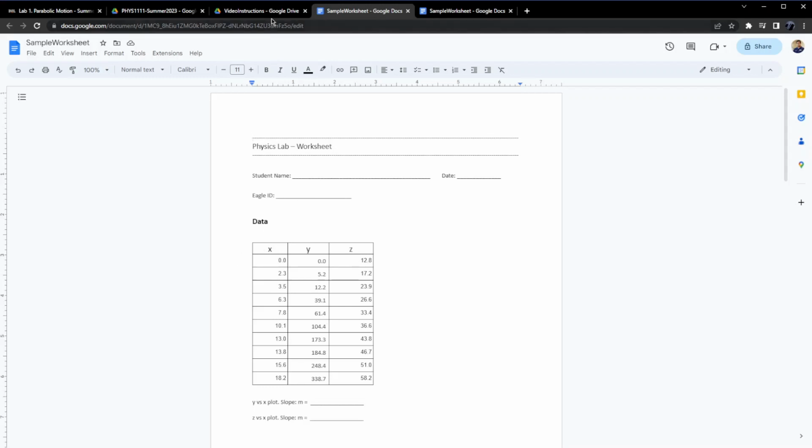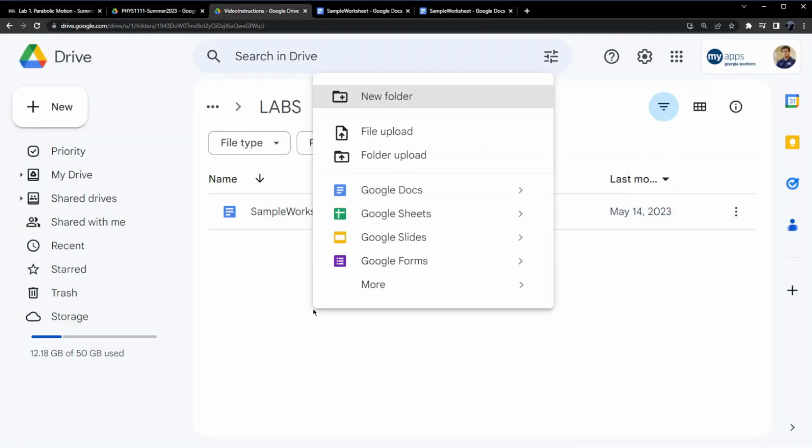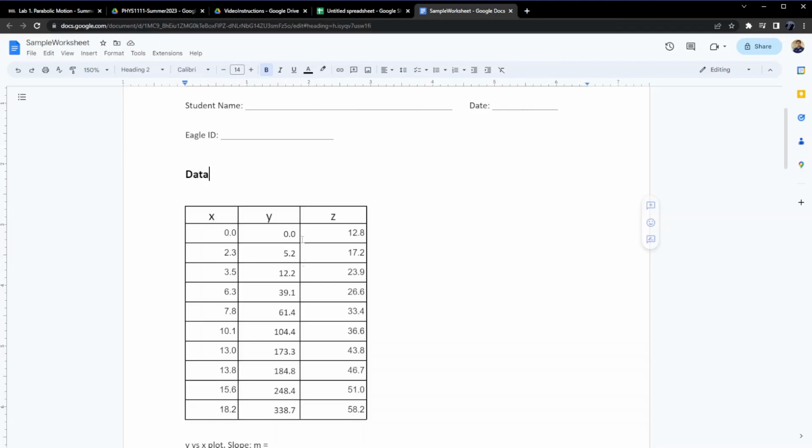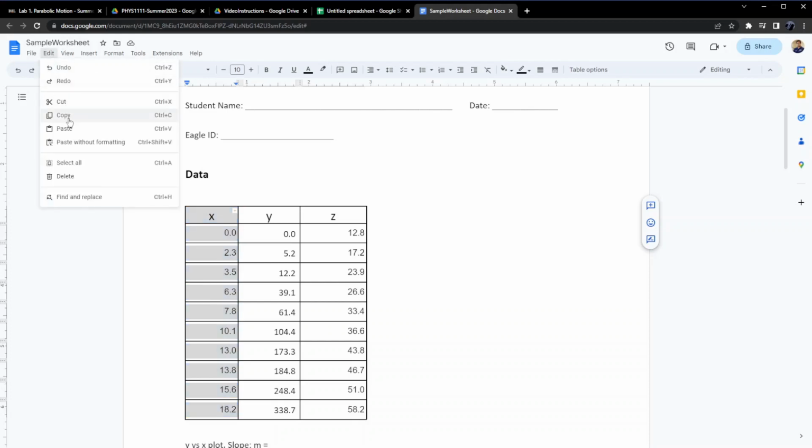So I will start by creating a Google Sheet document, and then I will copy the first column of my table. For that, I will click on the first row of my first column, and then holding the Shift key, I will left click on the last row of the column I want to copy. Then I go to Edit, Copy,